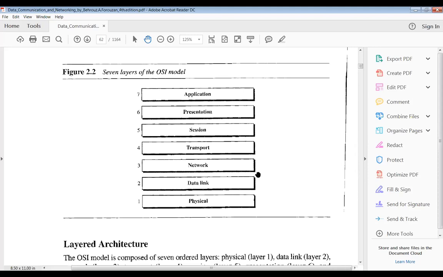Actually we don't know, but we simply use all the internet applications, email applications, file transfer applications, remote access applications, all the applications. But we don't know what is happening inside all these things. This much theoretical concepts are there, which they researched and represented like this. Your syllabus is about all these 7 layers. You need to study all these 7 layers, from the physical layer to the application layer. If you study all these 7 layers, your syllabus will be completed.